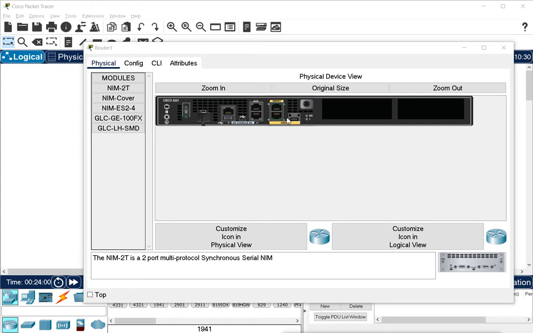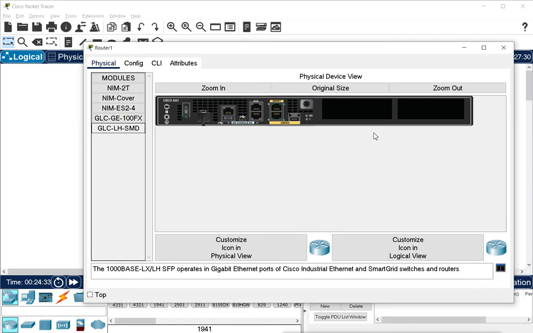It is a front side actually, and here all the ports are available on a single side. You have the power cable, power port. You have these USB ports available, and then we have the console and auxiliary port. We have the gigabit Ethernet ports for the local network, and also we have these small USB ports. Then also we have slots available here where we can add these modules, and also we have these modules which we can add into these slots.